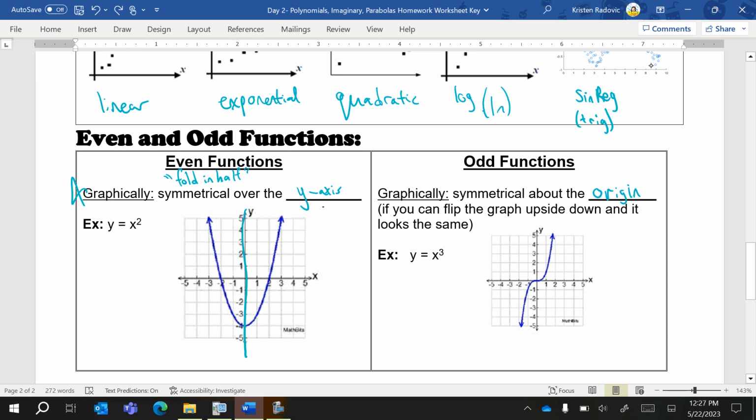Knowing the symmetry for even and odd functions is important to know for tomorrow, and